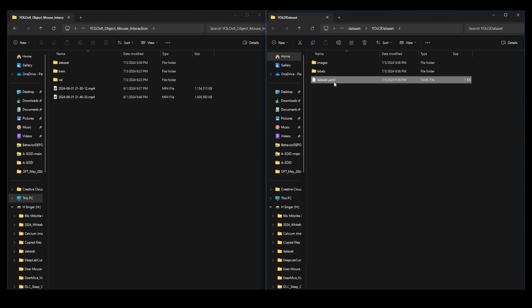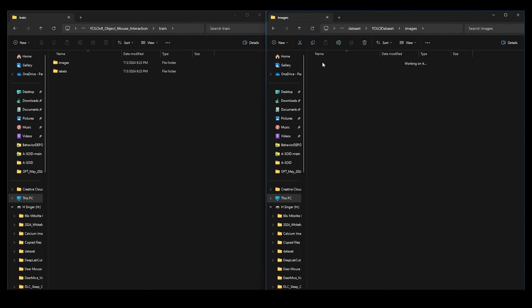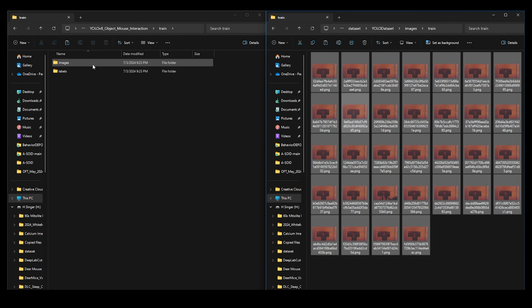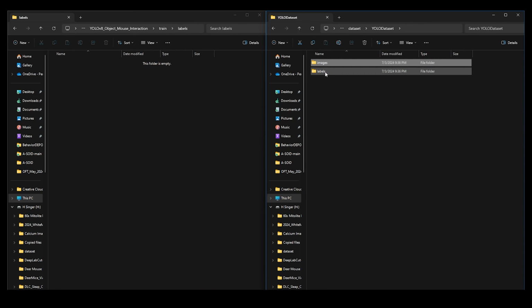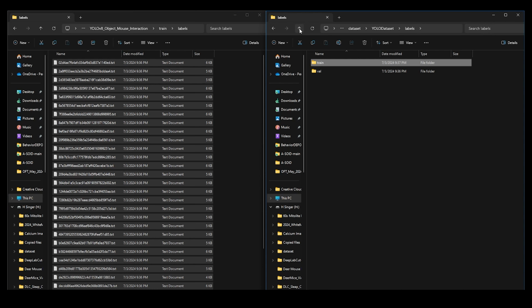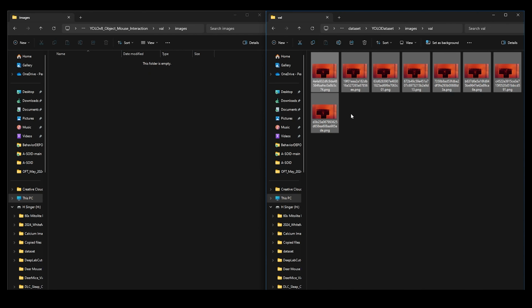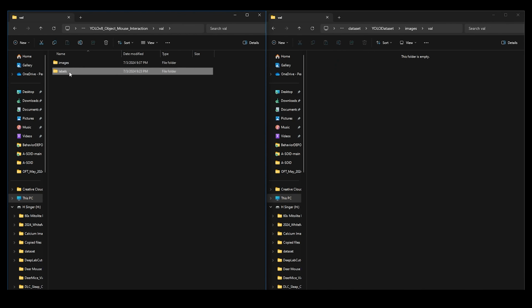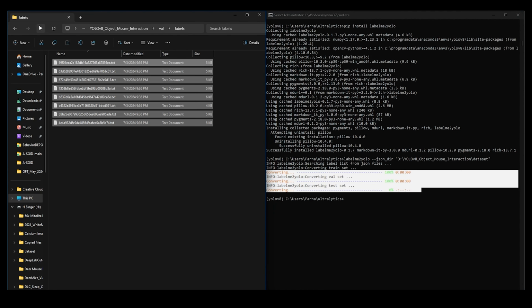So utilizing labelme2yolo, I have converted my labels over to a format that YOLO can read. And utilizing copy paste, I'm moving things from the YOLO dataset folder over to folders in my root directory. So here, for example, I'm moving these images to the train folder images, which was created in the root directory, along with the val folder. From the YOLO dataset folders I'm moving my things to the val and train folders respectively. So once you copy paste the images to the images folder within your train and val folder respectively, do the same thing for the labels.